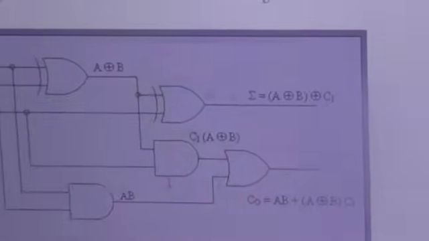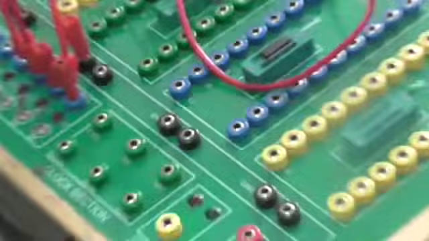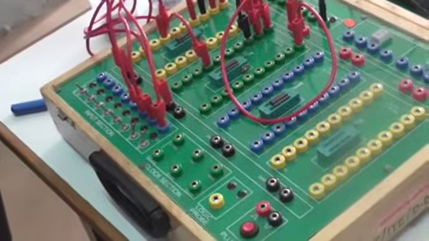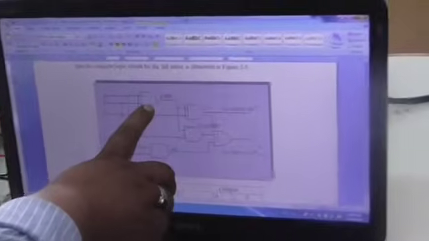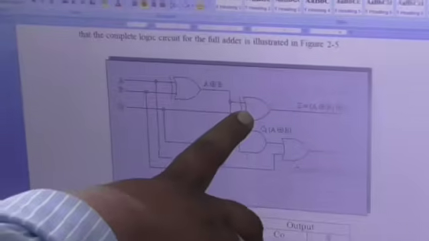Second XOR gate. Now just see the input. Input is directly the C1 input. Now here I am connecting this pin as the C1 input. Pin number 4 is directly connected to the second XOR gate. Okay, this is the C1 input, so this is my third input, which is directly connected to the second XOR gate. Now see, which is the second input of this XOR gate? The first XOR gate output. This is nothing but the second input of the XOR gate.